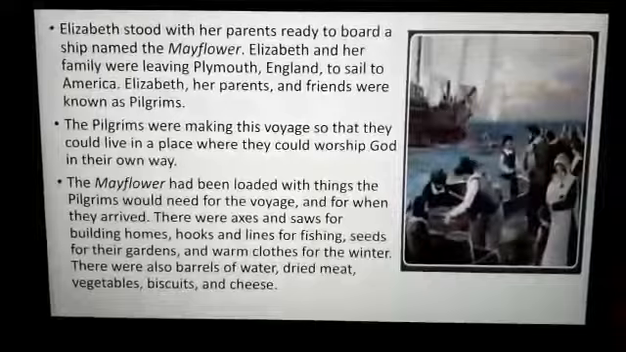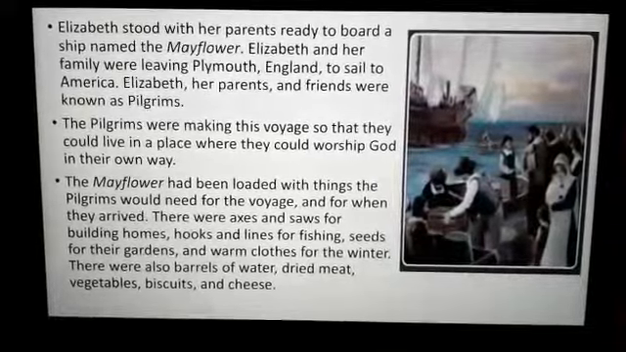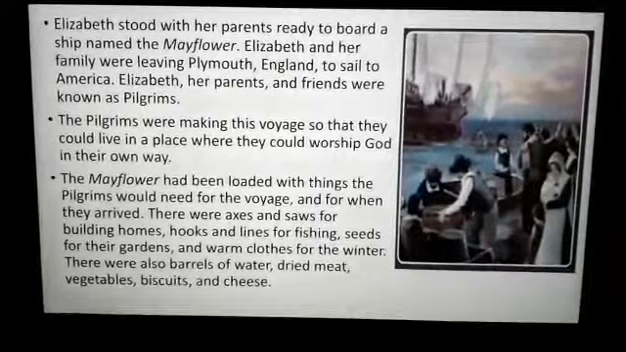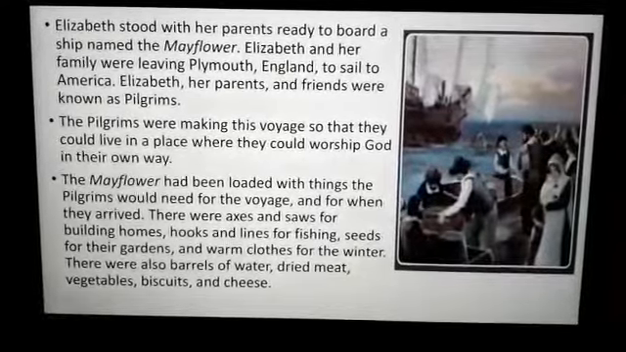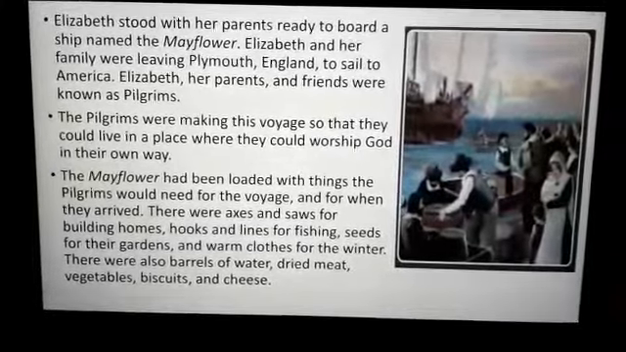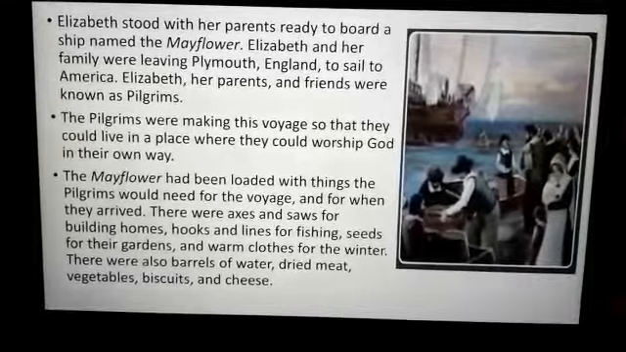Elizabeth stood with her parents, ready to board a ship named the Mayflower. Elizabeth and her family were leaving Plymouth, England, to sail to America. Elizabeth, her parents, and friends were known as pilgrims. The pilgrims were making this voyage so that they could live in a place where they could worship God in